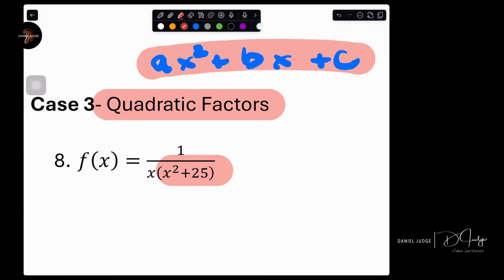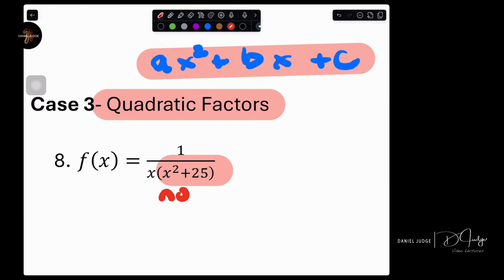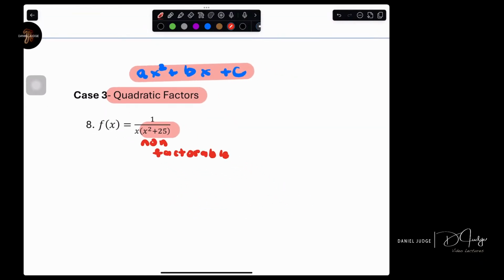In the last example, we looked at x squared minus 9. That was quadratic, but it was factorable. So when you have this situation where you have a non-factorable quadratic factor, you have to replace that quadratic factor